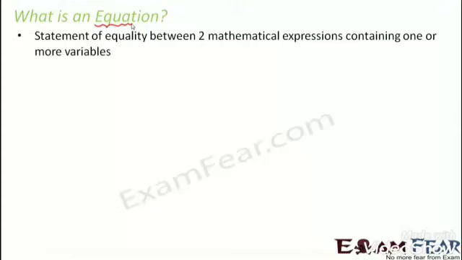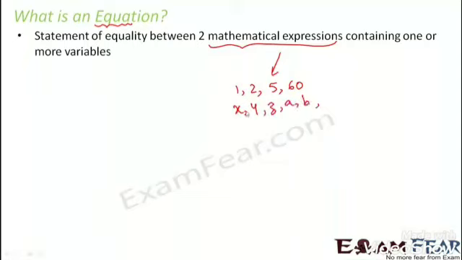I am sure all of you understand what mathematical expressions are. Mathematical expressions are those expressions which contain constants like numbers, maybe 1, 2, 5, 60. So these are all constants. They also consist of variables. Variables are those values which are represented by alphabets, for example x, y, z, a, b, c, p, q, r. These are all variables. And the mathematical expressions also contain operators like plus, minus, multiply, divide. So all of these together make the mathematical expressions.